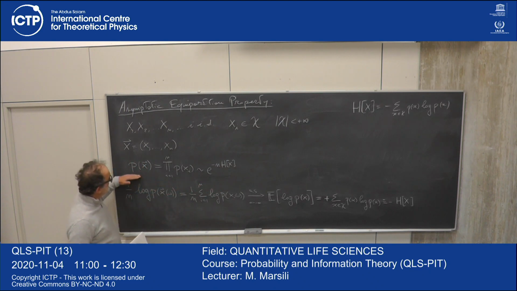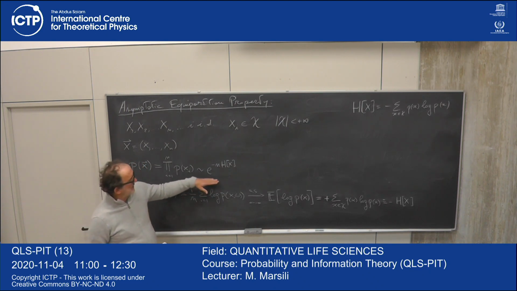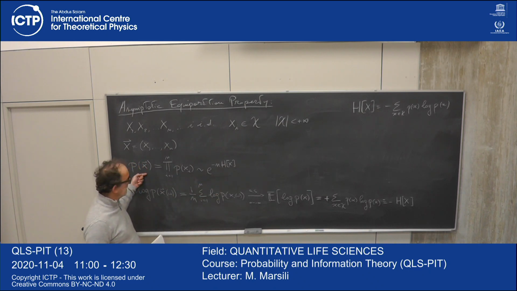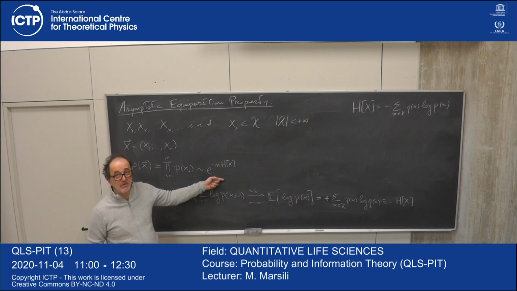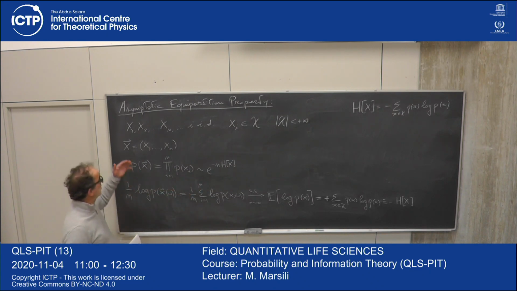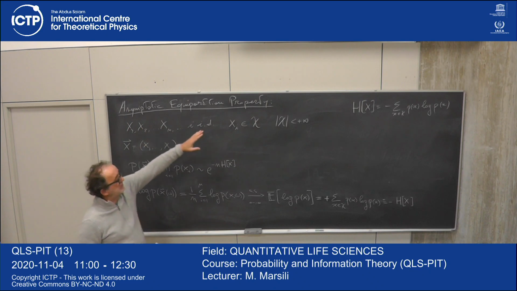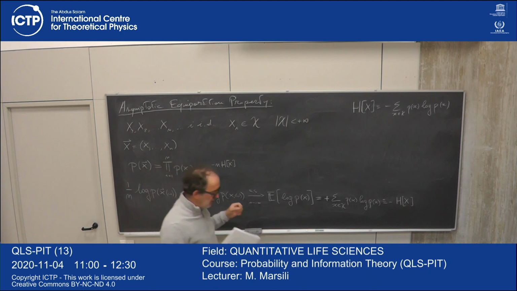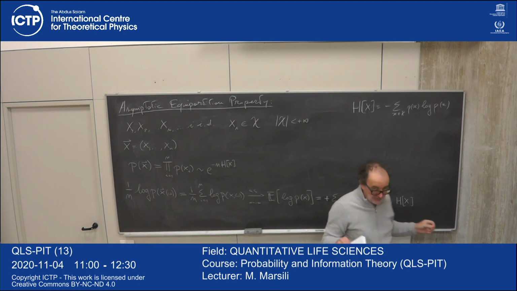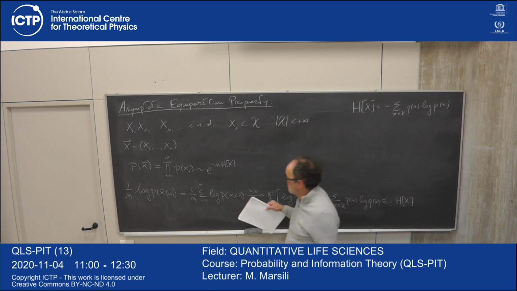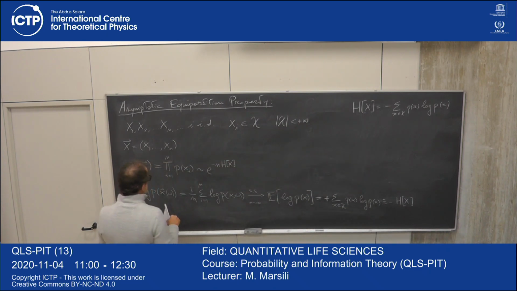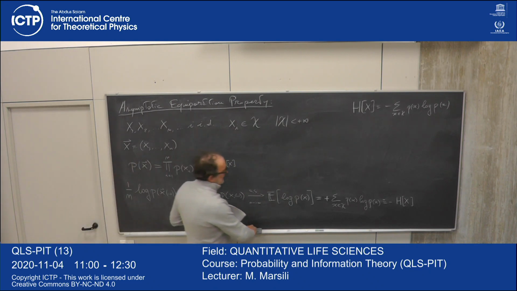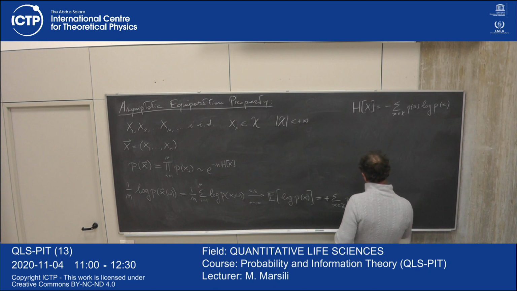So this means that all random sequences, with very high probability, if you take a random sequence, it will have the same probability, which is this. And this is what is called the asymptotic equipartition property. It's the property that every sequence that we draw at random, IID from a distribution, with very high probability, has exactly the same probability. Okay? So this has a number of consequences